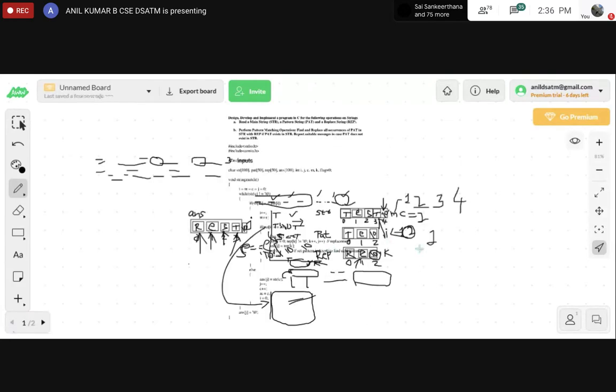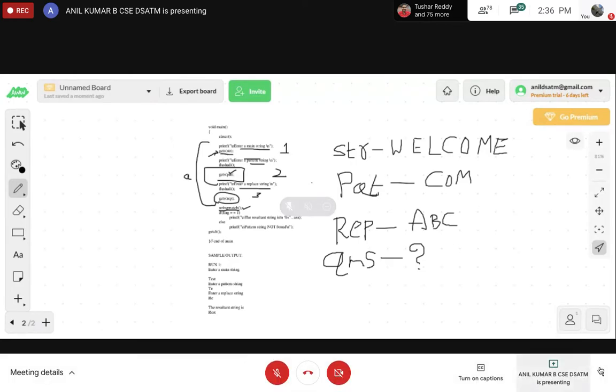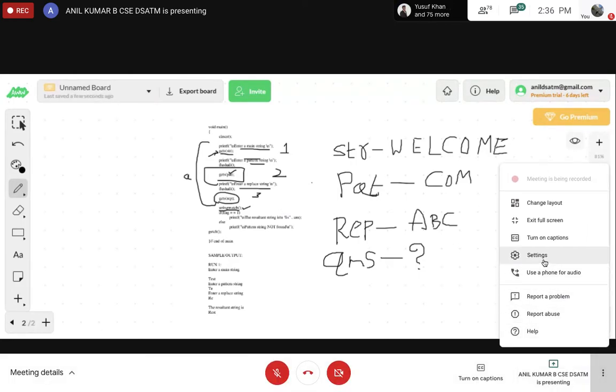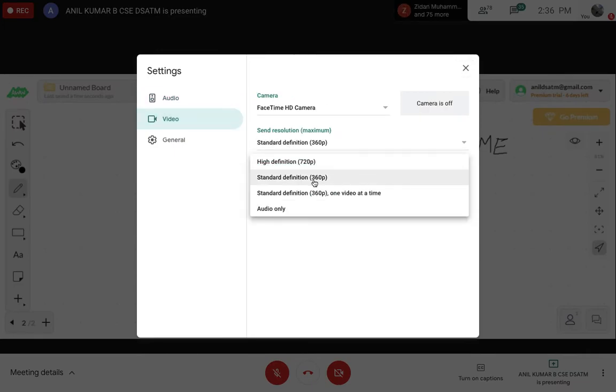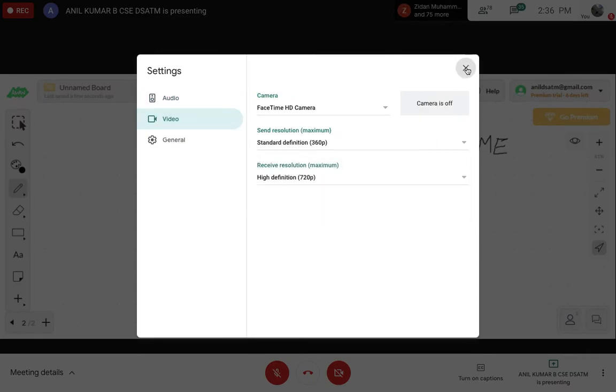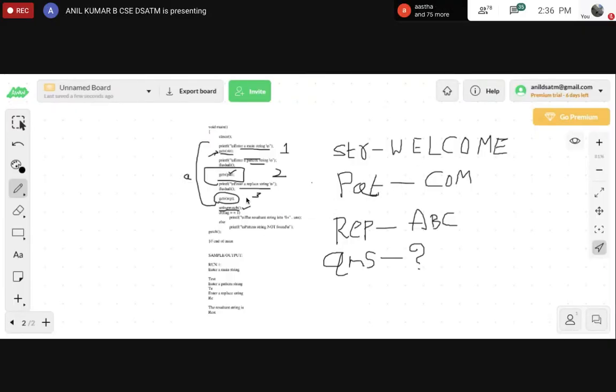So the step by step procedure, I want all the steps to be mentioned in a sheet of paper and present it here. By the time, I will take the attendance.